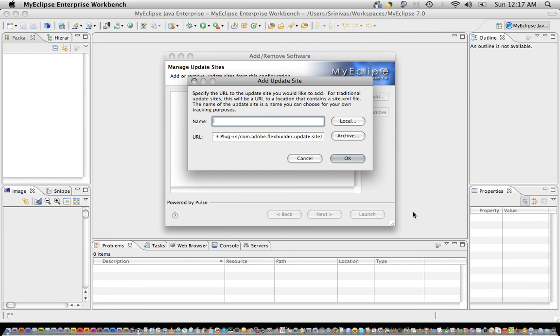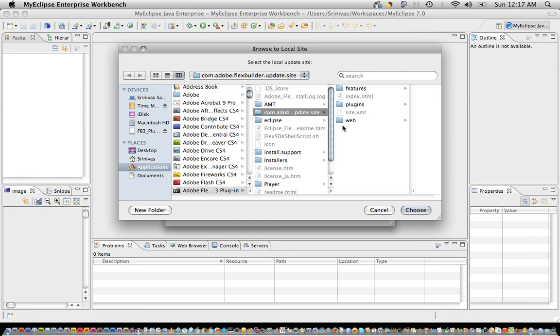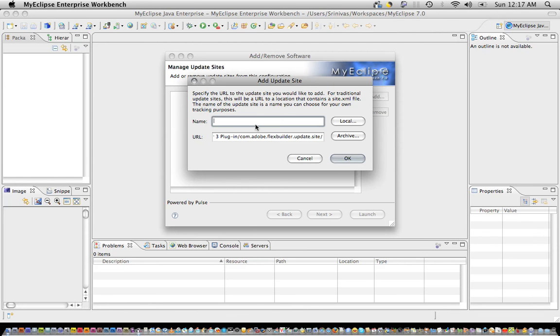So again, I'll just go through once more. It is the com.adobe.flexbuilder.update.site folder, which I was pointing out before, in the Adobe Flex 3 Builder plugin folder, which you have to select. You can name it whatever you need. I will be saying Flex 3 Builder